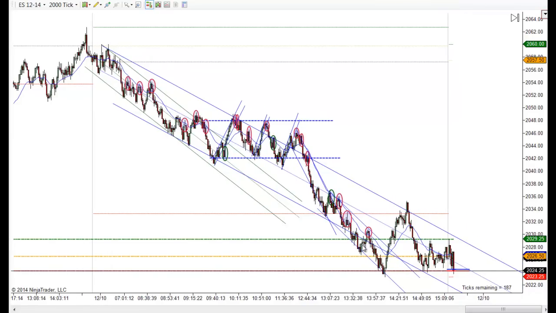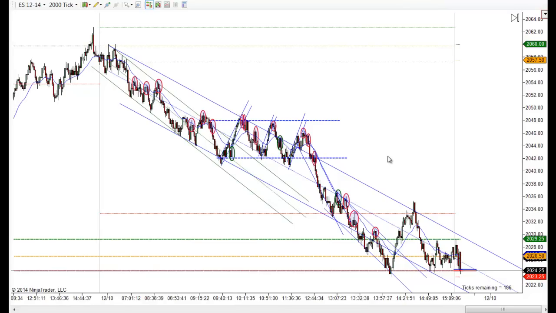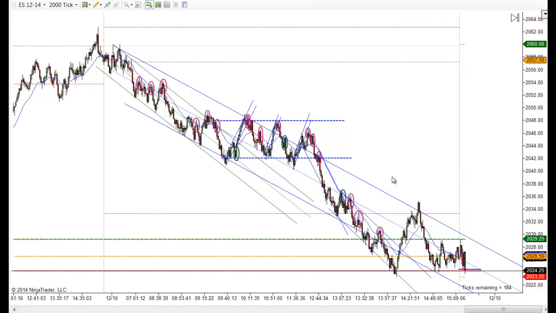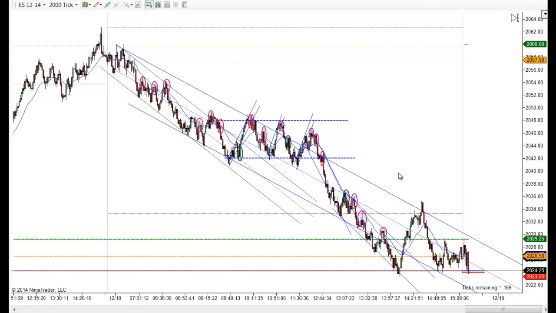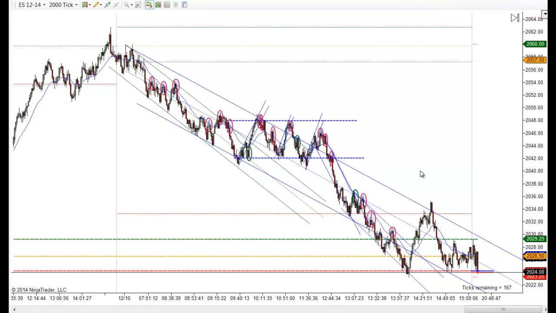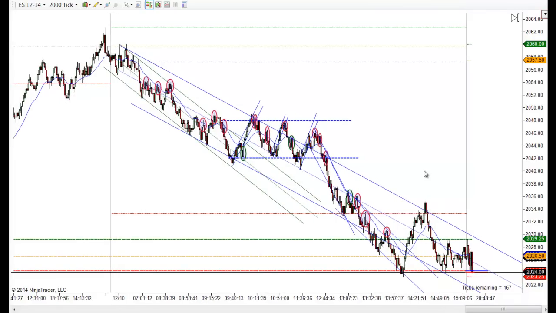You don't know that it's going to do this. You have to draw your lines and stay with it and follow the price action. But that's why you take these trades, and some of them give you a lot. Some of them don't give you what you think it'll give you, and others will give you a lot more than you expect to get. And so that's why it's hard to pick and choose when you're trying to get runners or get in a swing trade. You just about have to try to do it on each one of them, and they'll work out in the end.